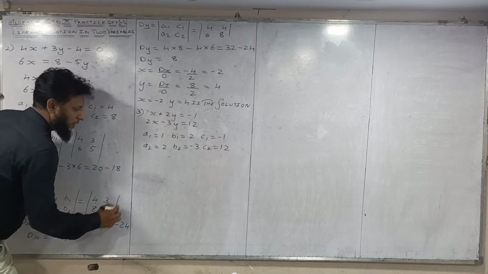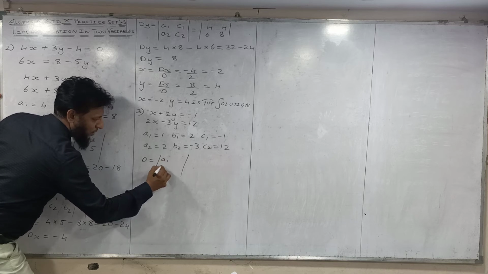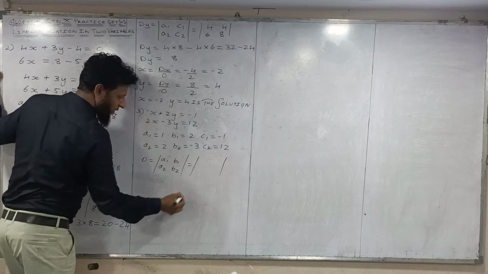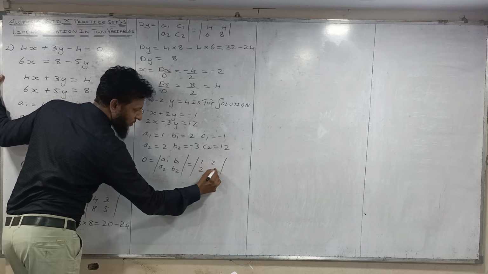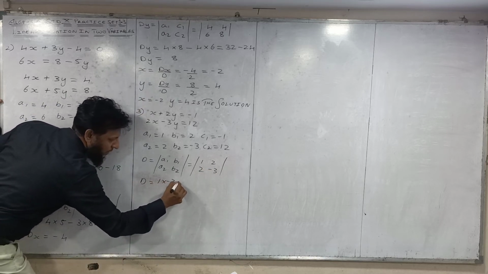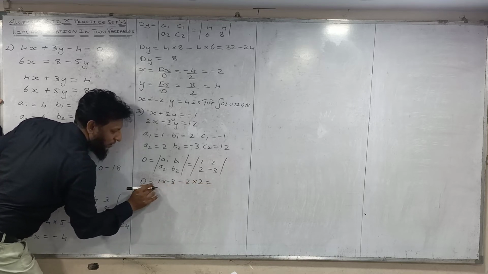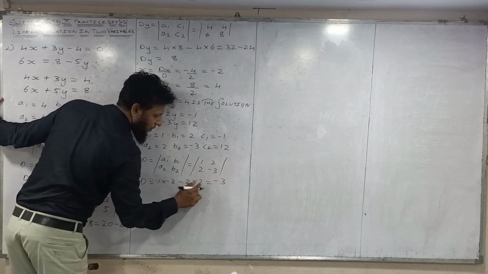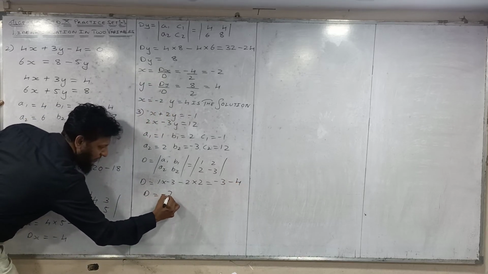Okay. So here we have to find out d. So d is a1, a2, b1, b2. Then write the values 1, 2, 2, minus 3. D is equal to 1 multiply by minus 3, put minus sign, 2 multiply by 2. 1 3s are 3, plus minus minus 3, 2 2s are 4, minus plus minus 4. D is equal to minus 3 minus 4, minus 7.